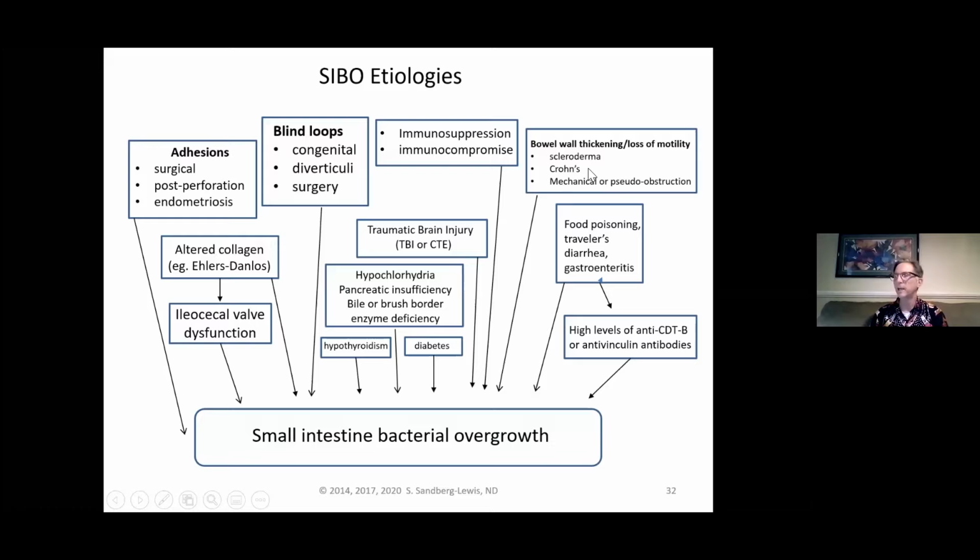Sometimes patients will ask, hey, doc, I've heard SIBO is just something you have to treat forever. Is that right? Well, it's right if you can't treat the underlying cause. If you can't get the migrating motor complex back, if you can't fix the ileocecal valve, if you can't normalize their digestive secretions, whatever the underlying cause is, then it will be recurrent. If they have adhesions,